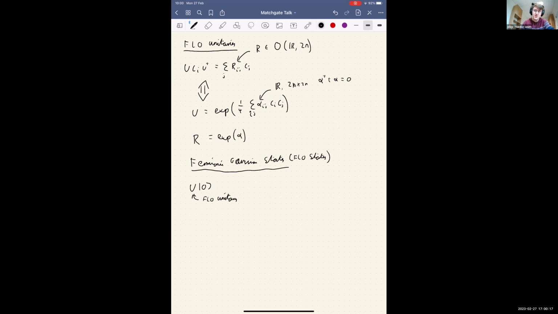There are a few equivalent characterizations of all this stuff. A particularly useful characterization is due to, I think, Sergey Bravyi, who came up with it first. If you take the Majorana fermion operators that I had before, and I define the operator L as the sum over j of C_j tensor C_j, so you just add up all of the Majoranas tensored with themselves, then a state phi